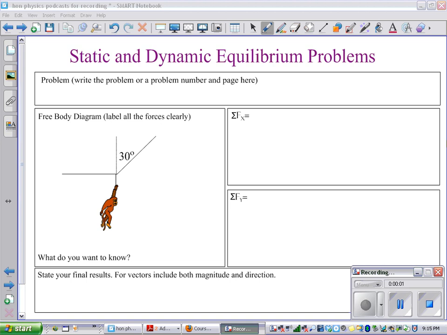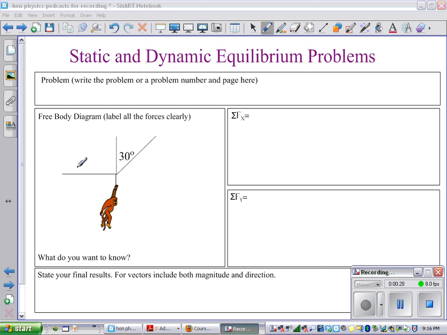This is an example of a static equilibrium problem. Here we have an orangutan hanging from a system of ropes. This rope is coming straight down, this one is coming off to the side, and this one is coming at a 30-degree angle. This is merely a dotted line to show you where the vertical extends, which extends directly above his hand. In order to solve this problem, what we'd like to know is the tension in each of these